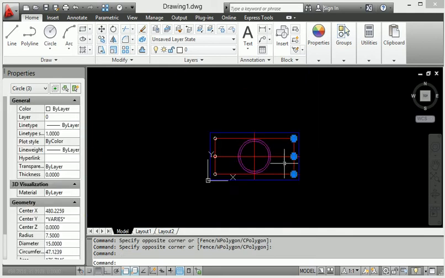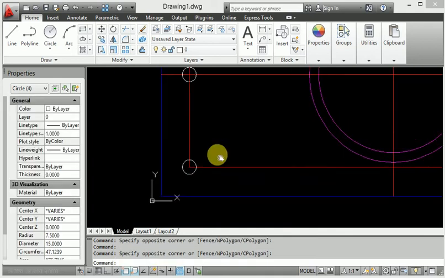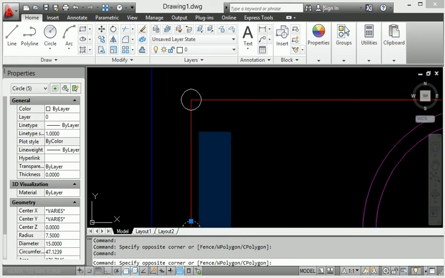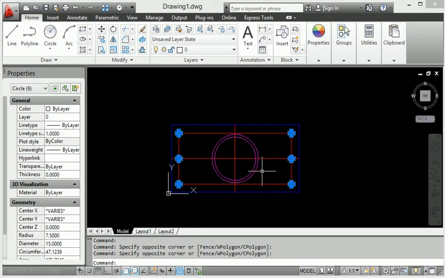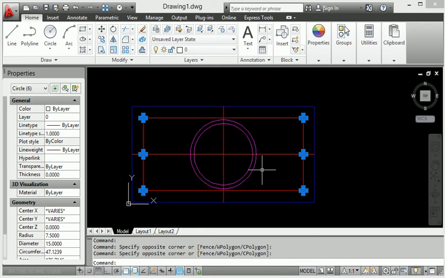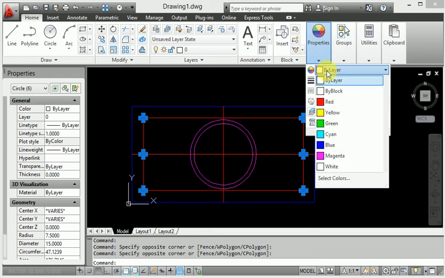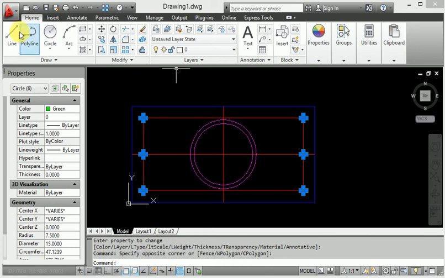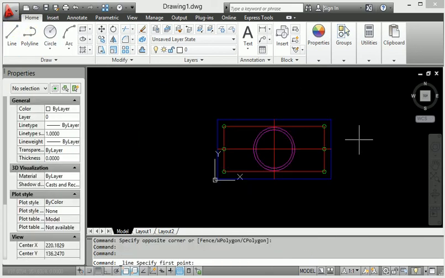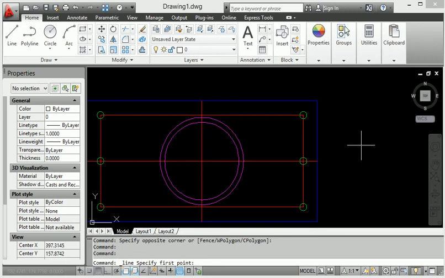Then I have also selected every circle right now. For this circle we will provide the distance here and green color.